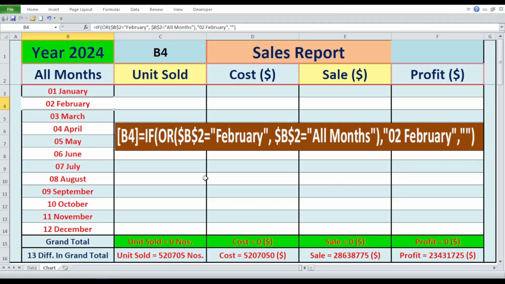In simple words, we are instructing Excel, if we select the month February or all months, then write in cell